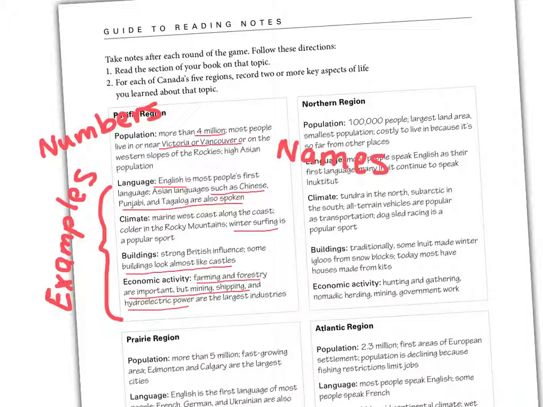So as you can see from this guide to the reading notes, if I were to give you the specific details that you should be gathering, notice that there are numbers included, that there are specific names of places as well as physical features, and that you have examples of languages, examples of sports, examples of buildings and different industries, because the more specific that you are in your notes, the more you can differentiate each of the regions, and the better off you are going to be able to remember this information when it comes time to pull it back up when we get to the assessment piece of the unit. So the idea of taking notes, remember, is that they are going to